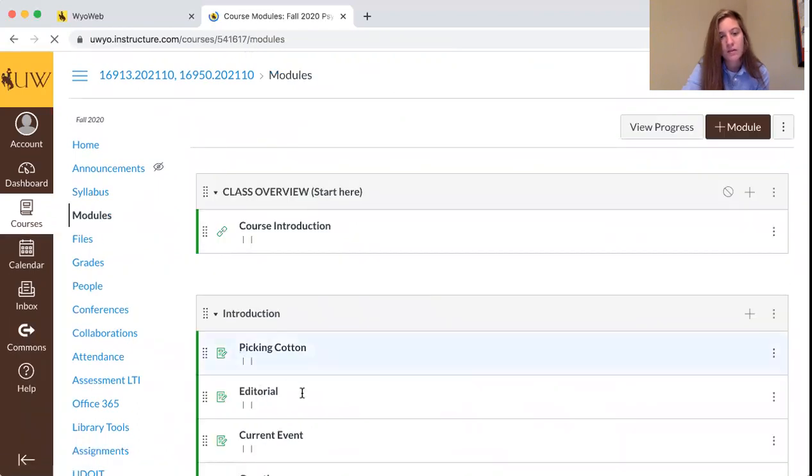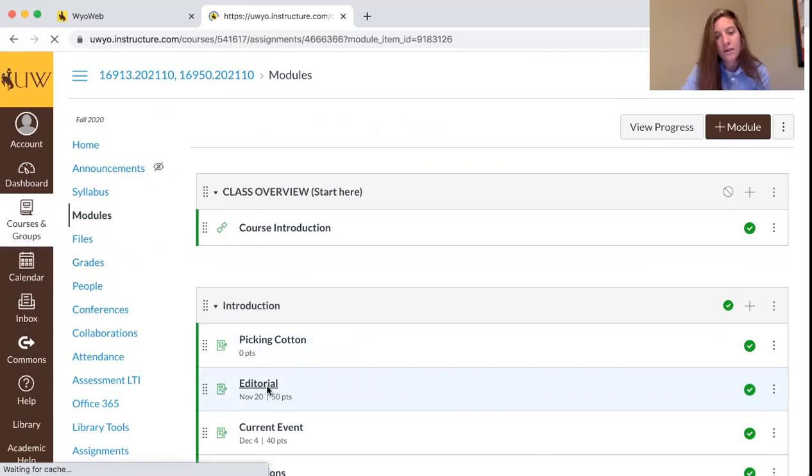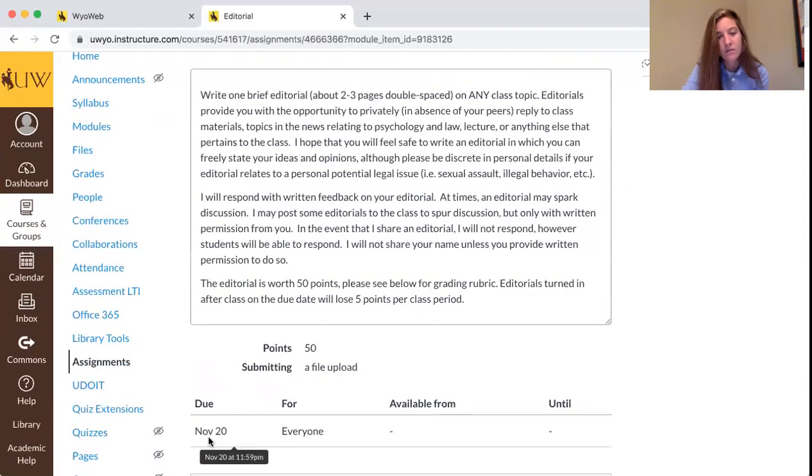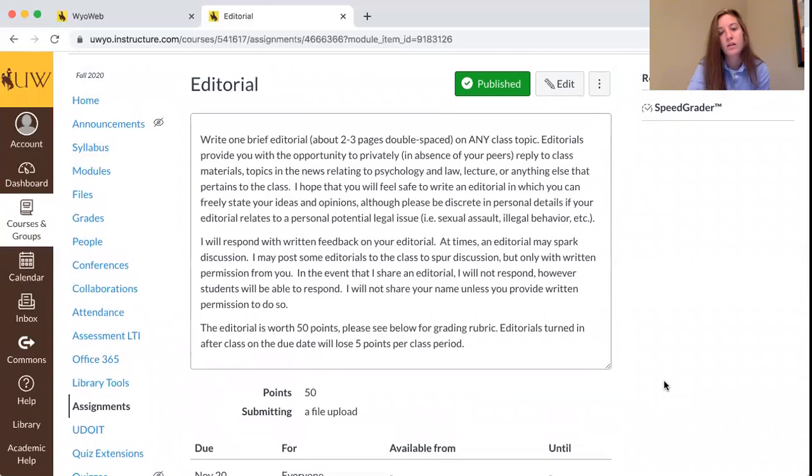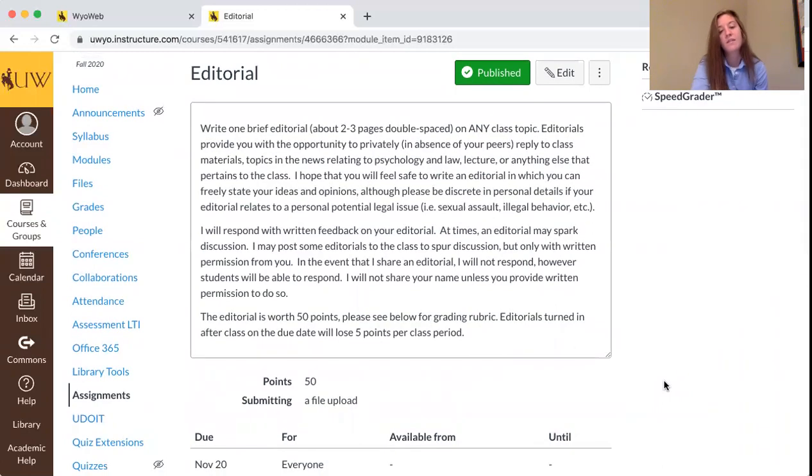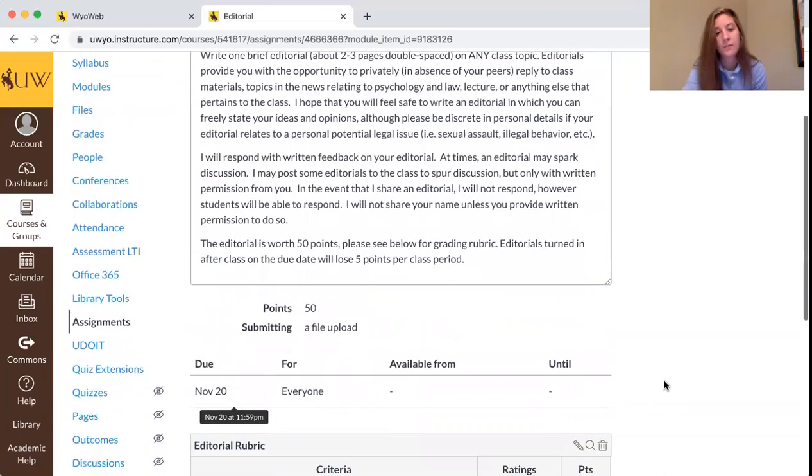Actually, just going back to the editorial for a minute, one thing I did want to mention is the reason that this is due November 20th, a couple of weeks before the last day of classes. Sometimes there will be a particularly interesting and really well-written editorial that I feel could be beneficial for the class to read and have a discussion about. If that happens, that's why we have the earlier deadline. And if that were to happen, I would reach out to you and ask for your permission, either with your name or without, to post the editorial to the class and have a discussion there.